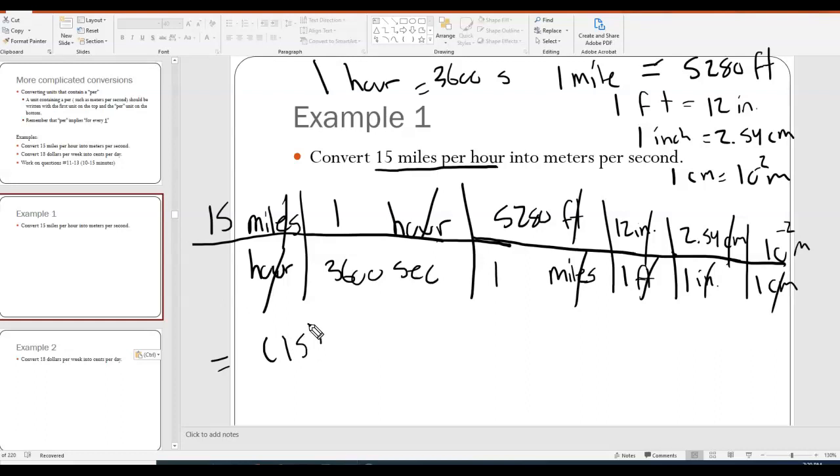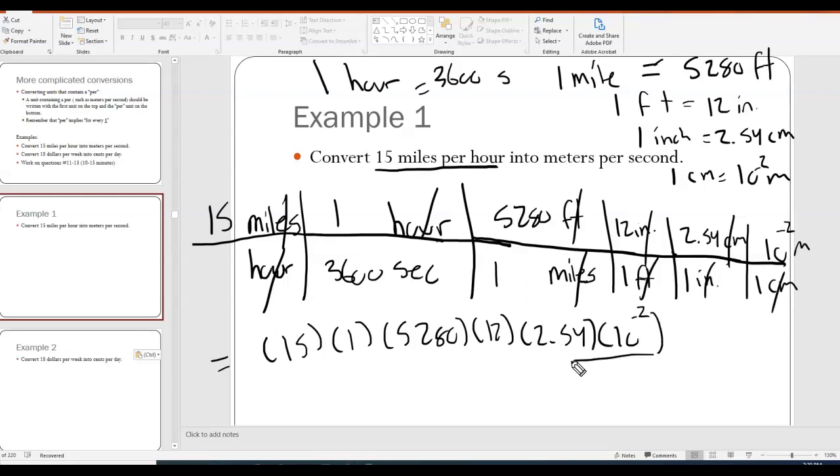So I'm going to multiply everything on the top, 15 times 1 times 5,280 times 12 times 2.54 times 10 to the negative 2, and then on the bottom divide by 3,600. So 15 times 5,280 times 12 times 2.54 times 10 to the negative 2 divided by 3,600 gives me